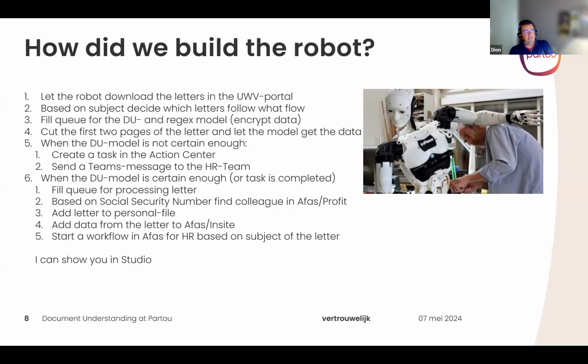What we then do is, based on the social security number, find the right colleague in AFAS, our HR system. When we find the right colleague, we add the letter to the personal file, and the data the robot took with the document understanding model or with the regex model is put into AFAS as well. And then the correct workflow is started so that our colleagues from HR or the company doctor, for example, get a task or an action in AFAS Insight, so they can do their proper jobs, and nobody has to do this by hand. I can show in